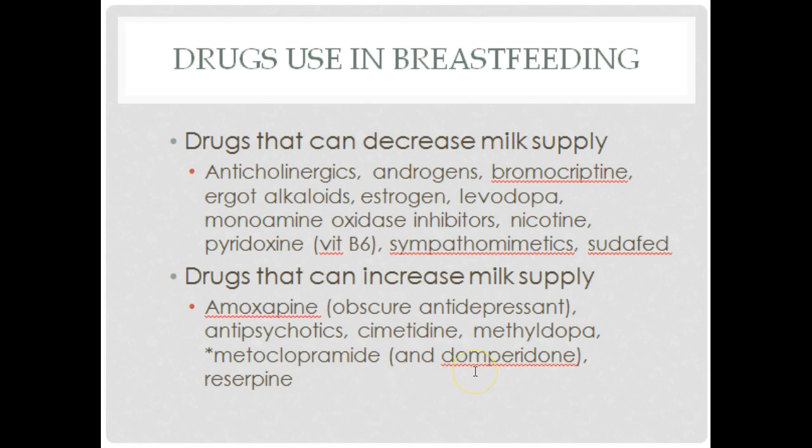I added domperidone on here. It's not FDA approved in the U.S. It's used a lot in Canada. It works basically the same as metoclopramide, but it doesn't cross the blood-brain barrier, so a lot of the potential side effect concerns we see with metoclopramide don't exist for domperidone, but you can't get it very easily in the U.S. So if that was something you wanted to explore, I like it, and I have used it